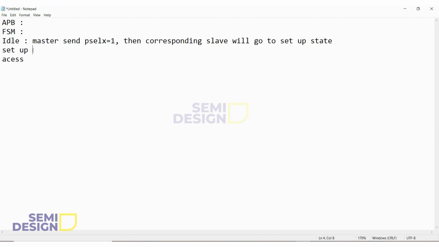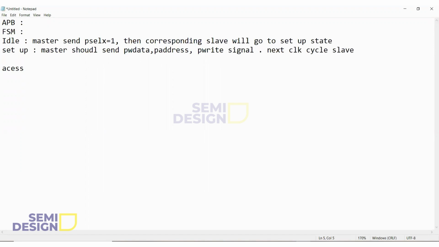In the setup state, the master should send PWDATA, PADDR, and the PWRITE signal. If PWRITE is equal to 0, it is a read; if it is equal to 1, it is a write. In the next clock cycle, there is no condition, just the next clock cycle, the slave will go to